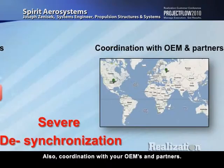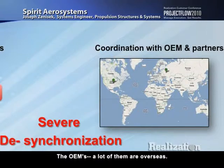Also, coordination with your OEMs and partners. The OEMs, a lot of them are overseas, not in the same time zone. They're also, like say, different countries bring different cultures. And